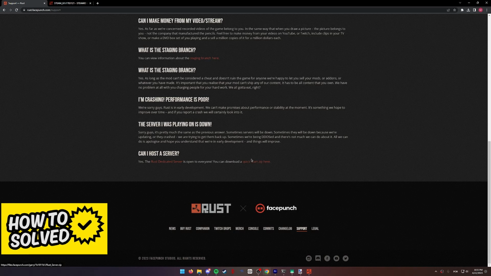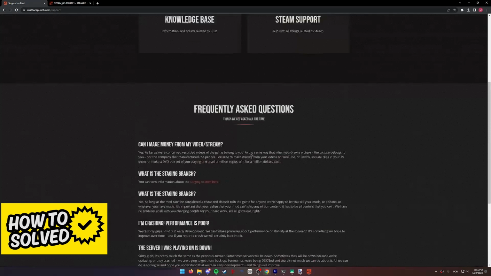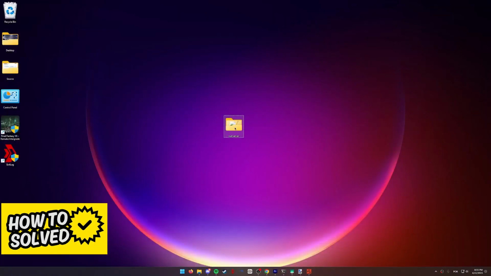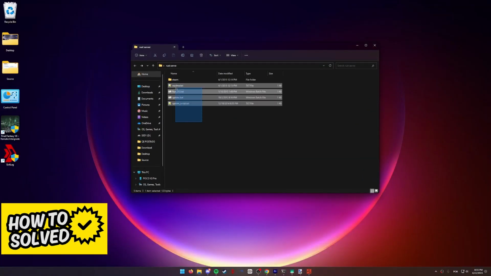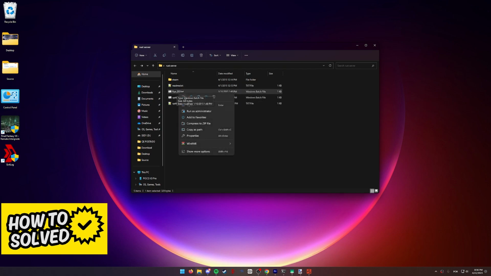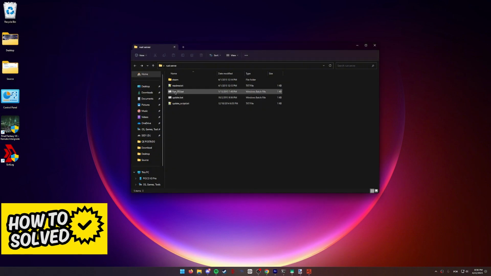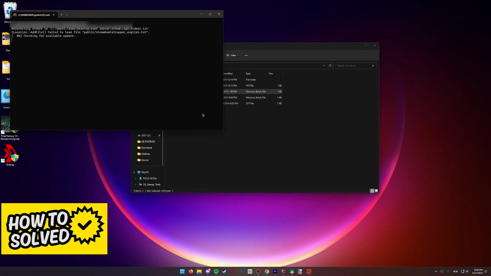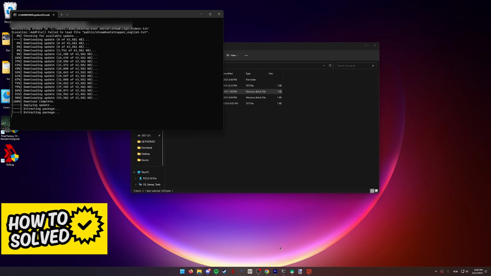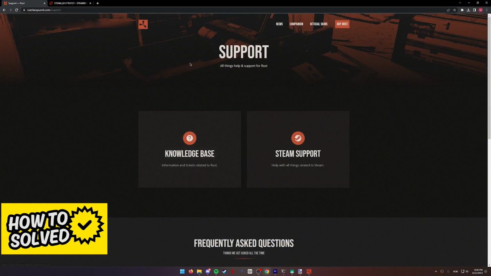You will automatically download the files necessary to make your server, extract them somewhere, and you will get these files as you can see over here. All you have to do now is right-click Run ds.bat, select Edit. In here you will be able to change the name of your server and also the seed if you wish. When you make these changes, be sure to save the file. Now what you have to do is double-click the Run ds file, and this will set up your server. So simply wait for this to be done, and once this process is done, your server will be fully set